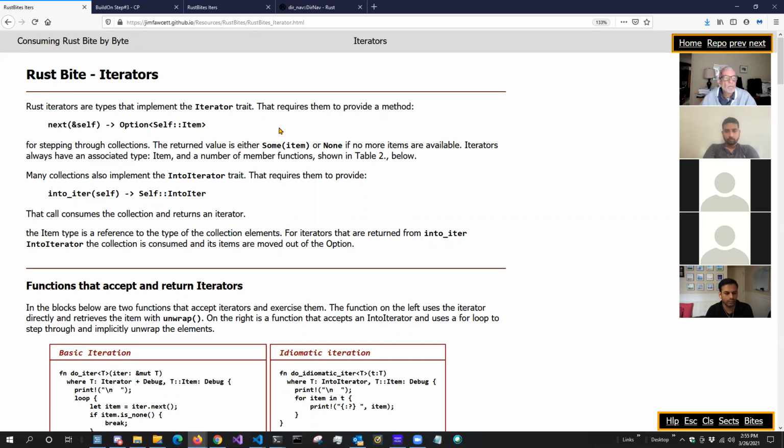But now there's another way to get an iterator. With this, any collection that implements the iterator trait, you just call the instance name of that collection dot iter, with empty parens, and that'll give you an iterator. But some things